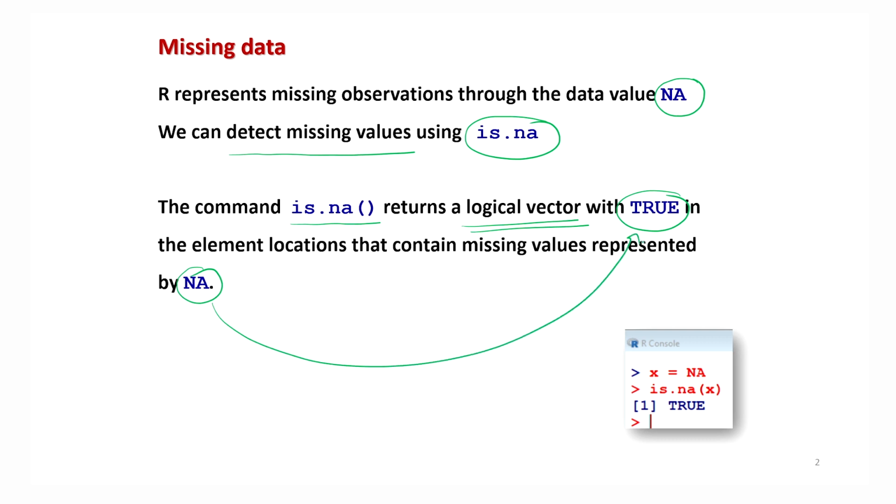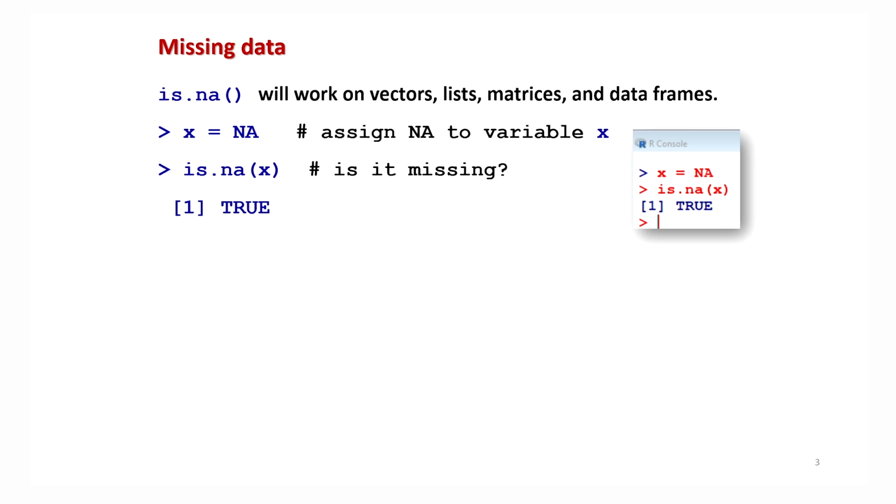And in all the places where the data is missing, that means there is value NA, this is represented by true, right? For example, suppose I take one value x, which I am taking as NA, and if I use my command is.na(x), then it will come out to be true. So wherever I am getting the value true, that means the data is missing. You can see that x equal to NA is assigning NA to a variable x, and when I operate is.na, it is giving me true. It is actually trying to know, is any data missing?